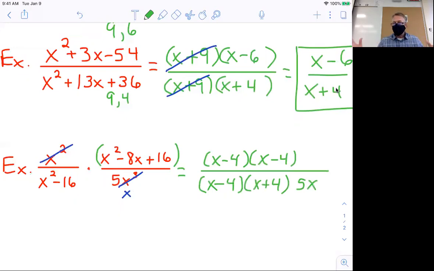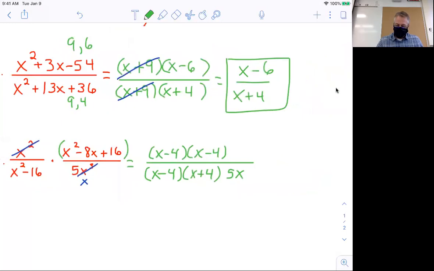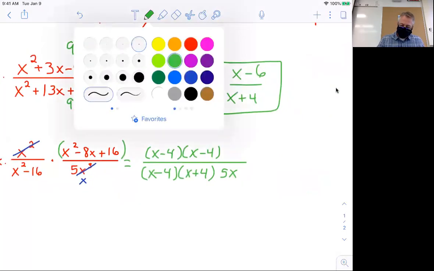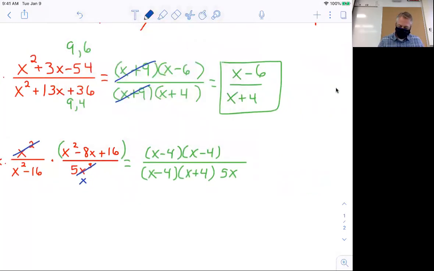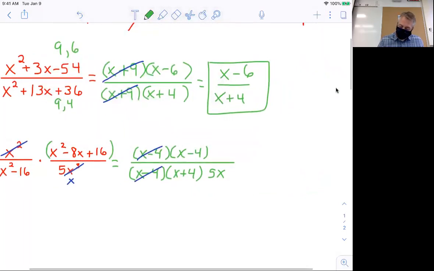So I just factored everything. And now I'm going to cancel. And my x minus 4's cancel. Nothing else does. So I'm done. I just have to write my answer. On top, I have x minus 4. And on the bottom, I have 5x times x plus 4,